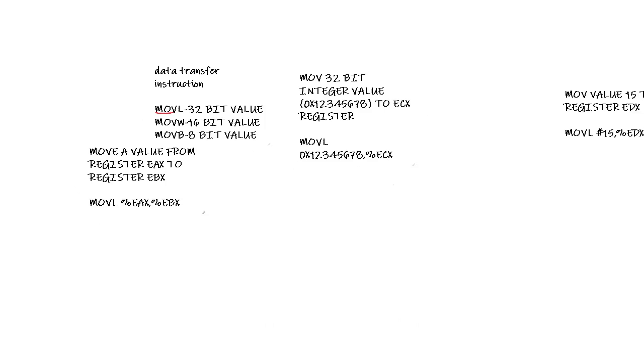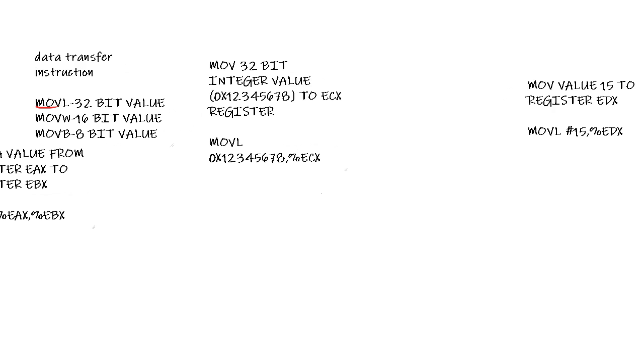Actually, no. Then the commas don't matter, no? You put a comma after the source and between source and destination. Yes, the comma has to be given. Instruction name followed by the specifier L, B or W, then a space, after that source, comma, destination. Okay, space, then comma, then destination.